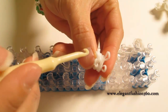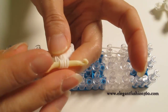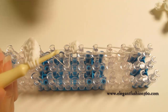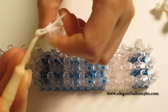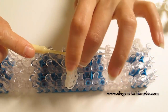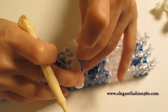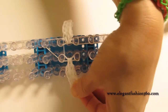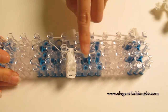Now we're going to take another leg and then put your hook back into the loose end. Again, you're going to see 4 rings. Make sure you got all 4 of them in there. And then you take 2 bands and just move it through all 4 rings, and it looks like this, and press it right here. And again, this is what it should look like. This is another leg. Now we're going to take 2 bands and place it right here, from here to here,